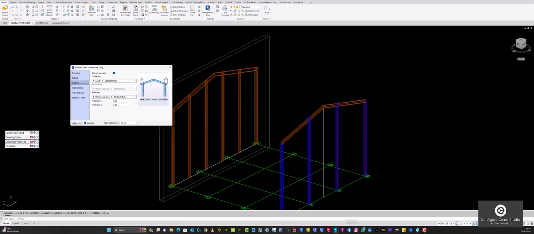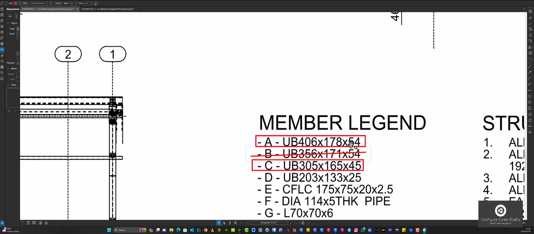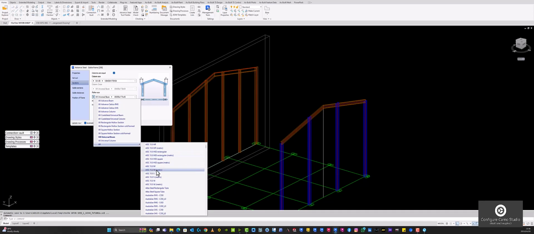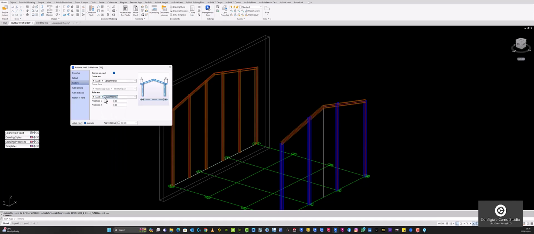All right, let's just confirm. Yes, by 54. And then for rafters is 305 by 165 by 45. All right, so okay, rafters, we need 305 by 165 by 45. Here we've got 46. Remember that project I said it was done in Tekla, so there might just be a small differences in the